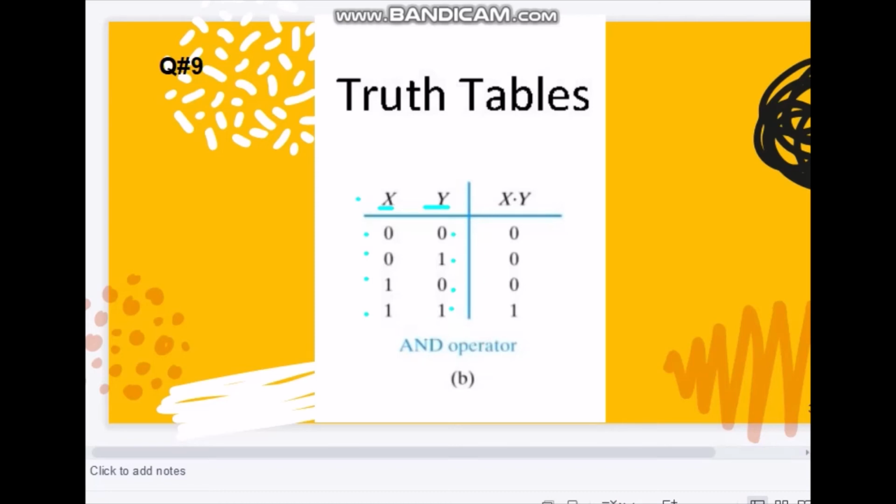So if we find the AND operator, if we take AND of 0 and 0, meaning false and false, we get false. If one is false and one is true, it is still false. And if one is true and one is false, it remains false. If both are true, then the result is true. Here 0 represents false and 1 represents true. The speciality of the truth table of the AND operator is that if both of them are true, then the answer is true. If one of them is false, then the answer is also false.